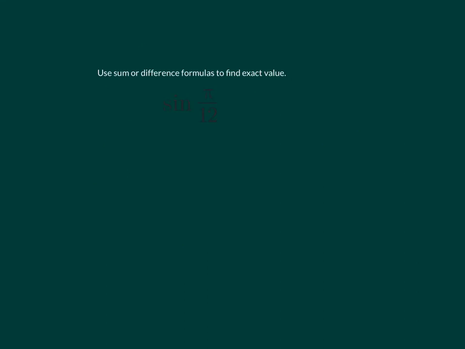Okay, on this one we want to use sum or difference formulas to find the exact value. So there's really no trick to thinking about pi over 12 in terms of two other values, but you just kind of have to practice at it. And what I'm going to do is think about pi over 12 as equal to 1/12 pi, and know that we have